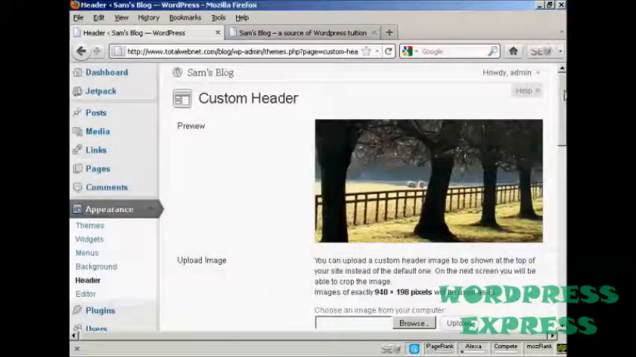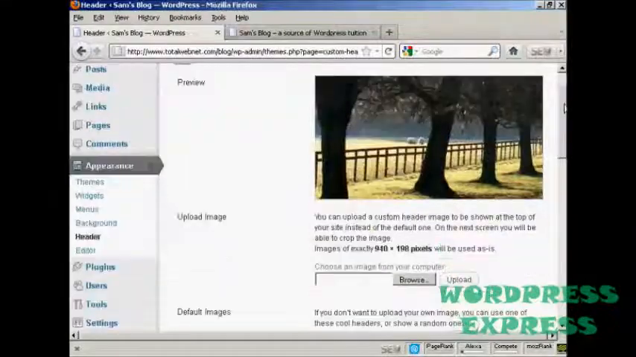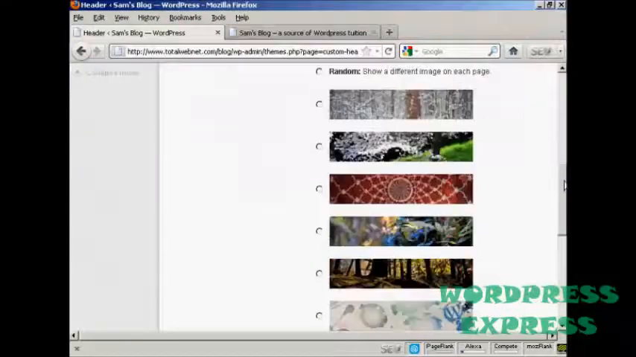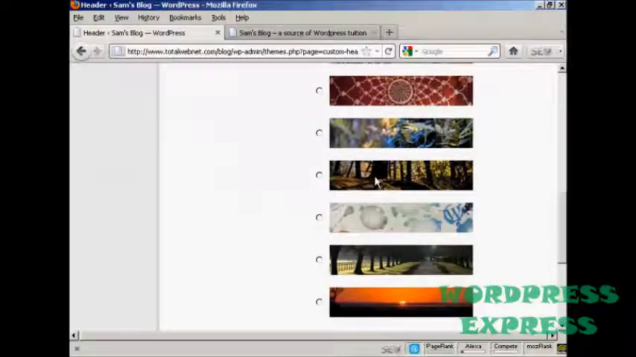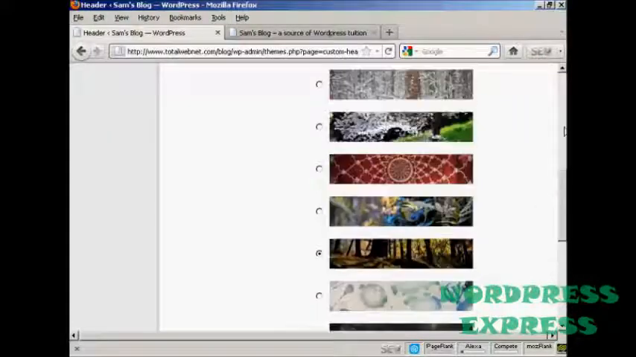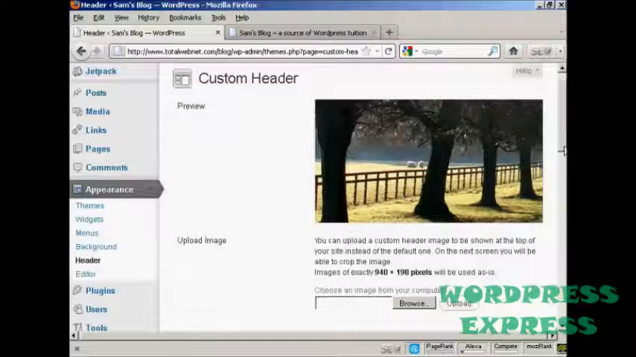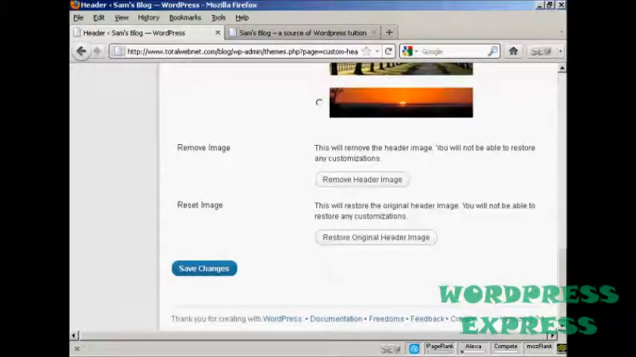Okay, let's say I want to change the header picture, and I'm going to use one of the pictures that come with the theme. Let's say I want to have this one, this different type of woodland view. I just simply click on the radio button there, and then come down to Save Changes. You could also remove the image if you wanted to. Personally I wouldn't recommend that. Anyway, click on Save Changes,